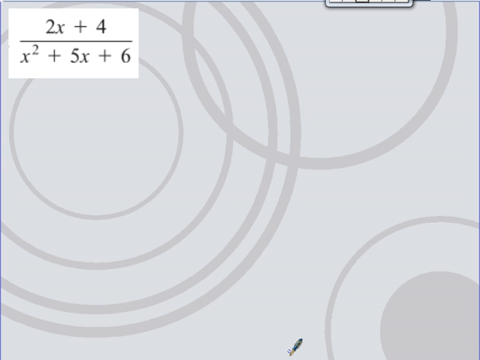So how do I cancel? You factor first, the same way as with reducing 8/12. Find something that divides into both of them. Here's how we're going to do that. We're going to factor the top and factor the bottom. This will give you extra practice with your factoring. On top, the only common factor is a 2. On bottom,